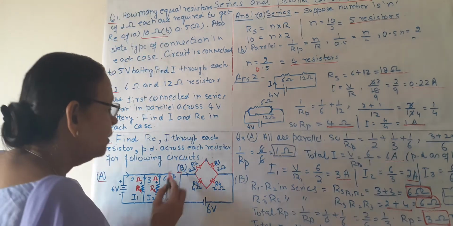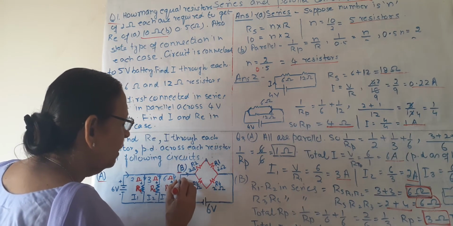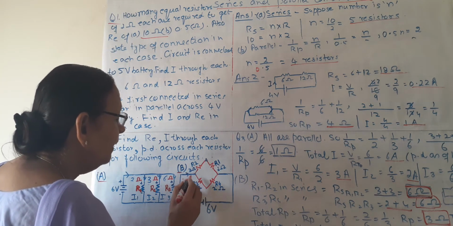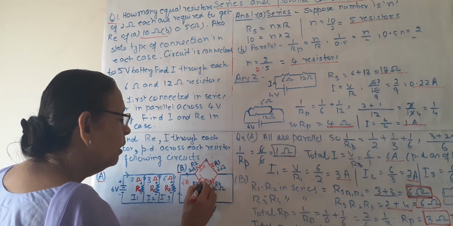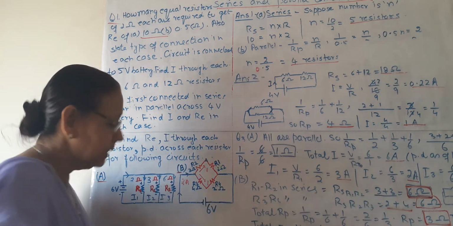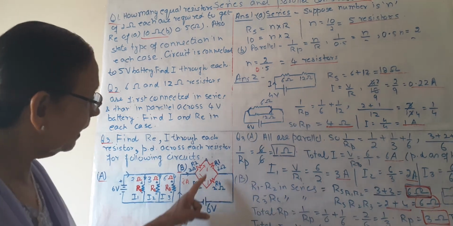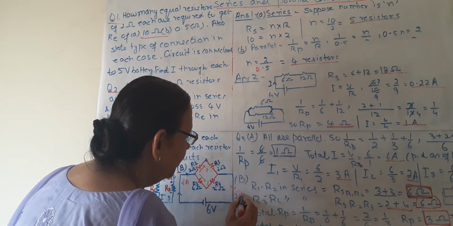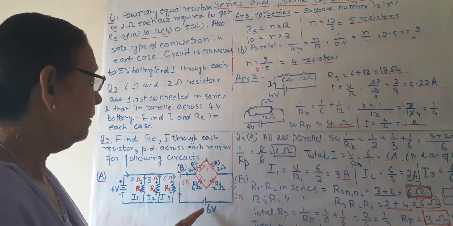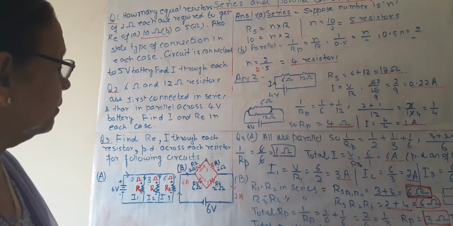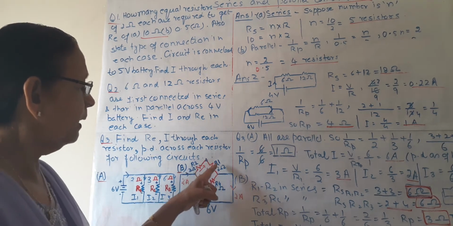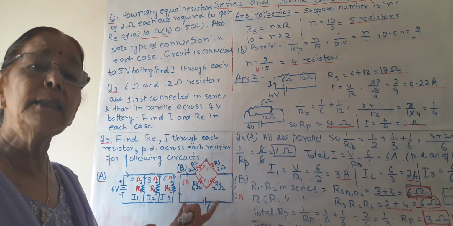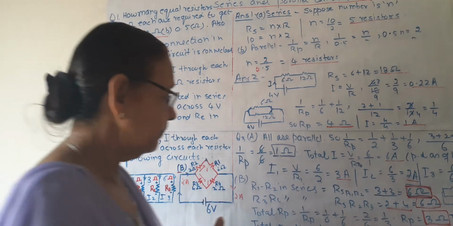So the current which is going from here is 2 ampere total. We have calculated this. So this 2 ampere current divides into 2. 1 ampere goes on the upper side and 1 ampere goes on the lower side. When both of them come out, they again form the 2 ampere current, which will go to the battery. So this is the position of current. Here also 1 ampere, here also 1 ampere. Why 1 and 1 in both? Because in series the current is the same.